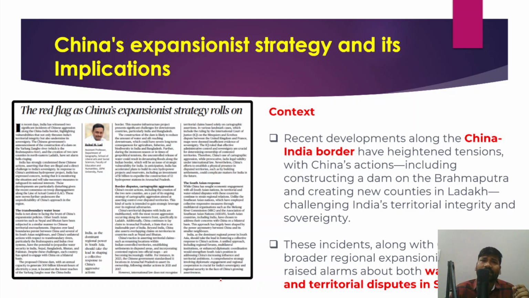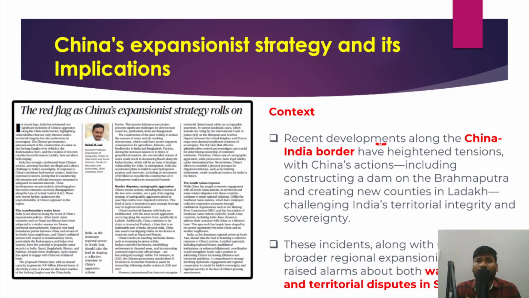And the next article is China's expansionist strategy and its implications for India. So we'll try to understand this aspect as well. Recently news has been coming out that China has been building the world's largest dam on the Brahmaputra river, and how it would impact the natural water flows into India. There are also threats like a flood-like situation or a reduced amount of water for India. So we'll try to understand this as well, right?